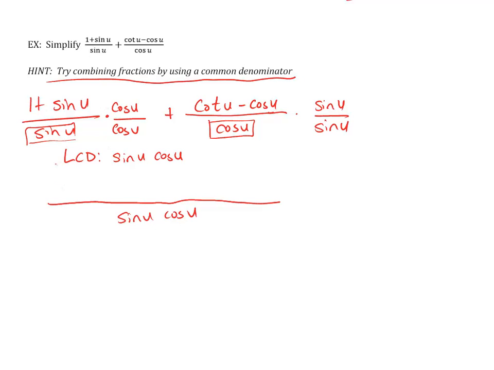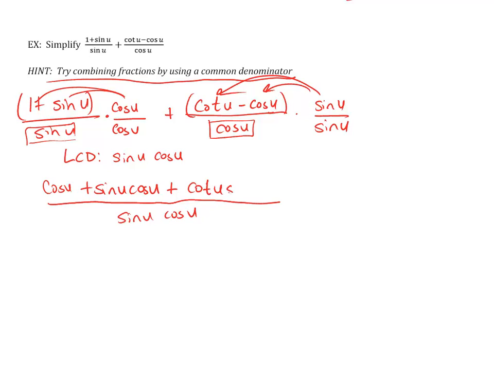If I multiply cosine times 1 plus sine, if I distribute this out, I get cosine of u plus sine of u cosine of u. And now on this one, if I multiply this out, I have plus cotangent of u sine of u minus cosine of u sine of u. Okay, that's equal to this. So now this is still equal to the sine u cosine u occurs positive and negative, so they cancel each other out. And you have cosine of u